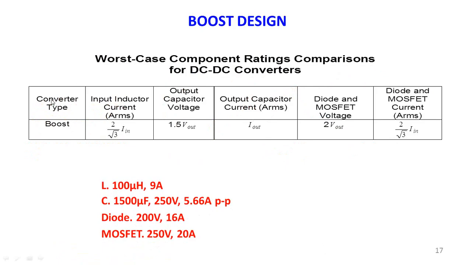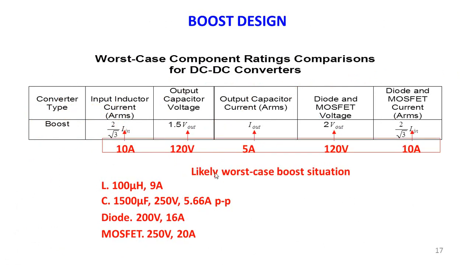Yes, these are the typical boost converter design values that you have. We have just taken the inductor current value, how to design the RMS current, the capacitor voltage, the output current of the capacitor, and the diode and MOSFET voltage. So these are all the things that we have got. Let me take a simple conclusion. For the likely worst case of boost condition, we have just assumed my input current, voltage and output current, and how much I will get for the output diode voltage and current, because the output current is going to be 10 ampere and the input is going to be 5 ampere. This is how the conclusion goes.